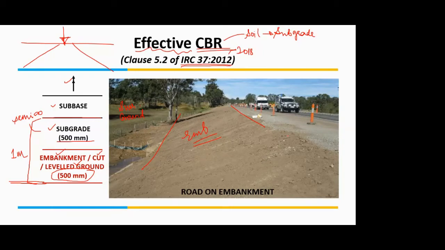While providing this embankment, it is first prepared with the limit of 95% of MDD. If you recall our first lecture of unit number 4, your embankment is compacted to a minimum of 95% of MDD. Then over this embankment you have a subgrade layer, then subbase, then base, and then the final binder course or surface course that you see here, the blacktop road. So this is the case where your subgrade is resting on an embankment. That is what I meant in this diagram on the left side, that below the subgrade you have an embankment.